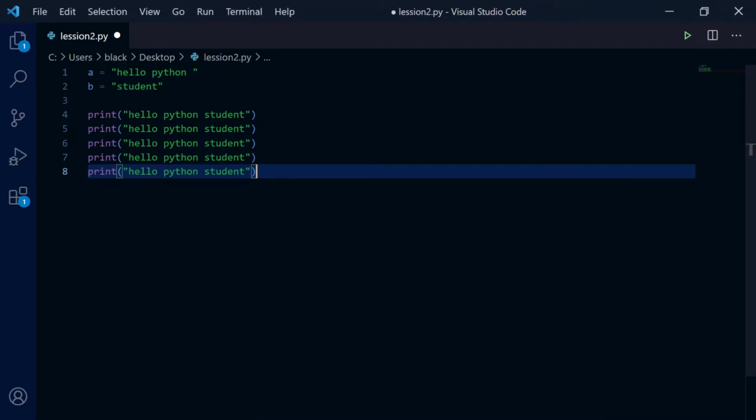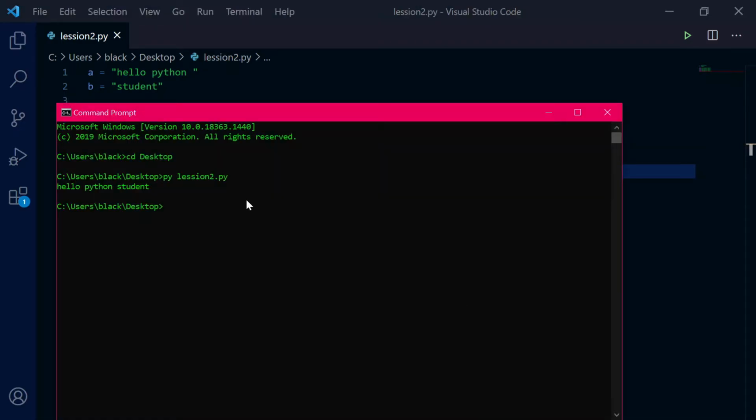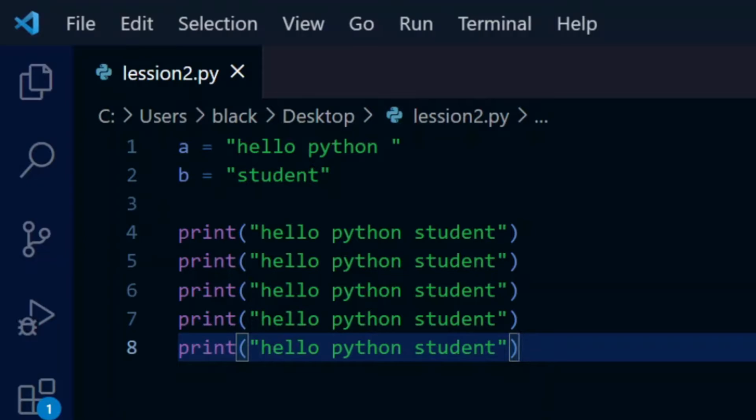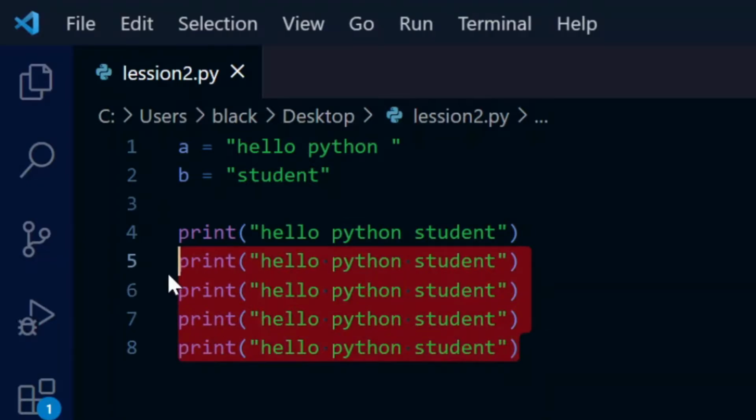If we save it and go back to the program and run it, it displays like this. But we can do the same thing using the variables that we declared earlier.